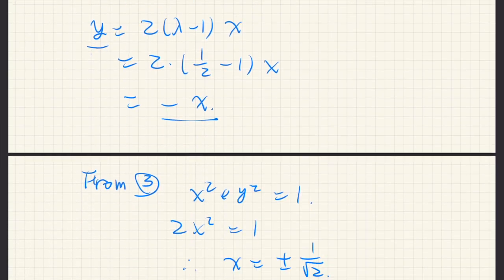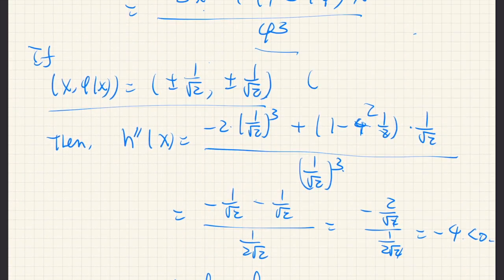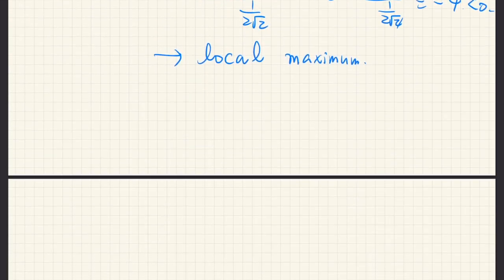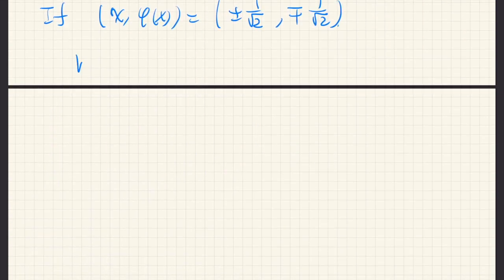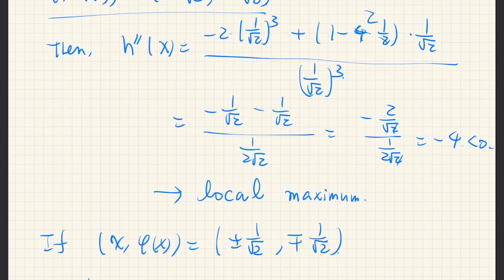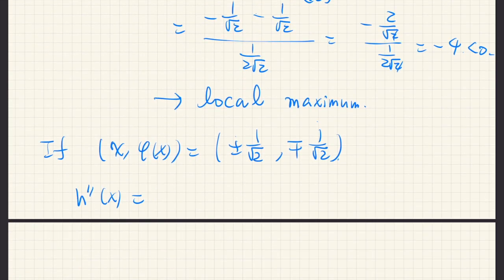Okay, 1 over 2 corresponds to lambda equal to 3 over 2. And if x and phi of x are plus minus 1 over square root of 2 and minus plus 1 over square root of 2, then what's the value of h double prime? If you do the same thing, let's take the positive x and negative y. Then we have negative 2 cubed, and